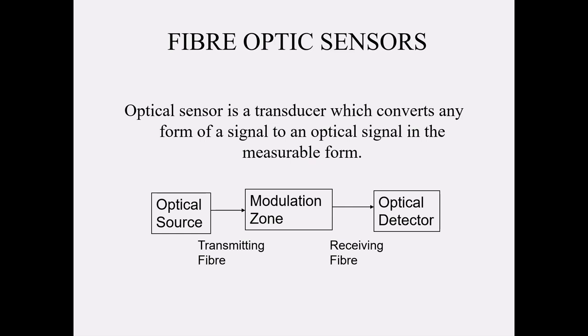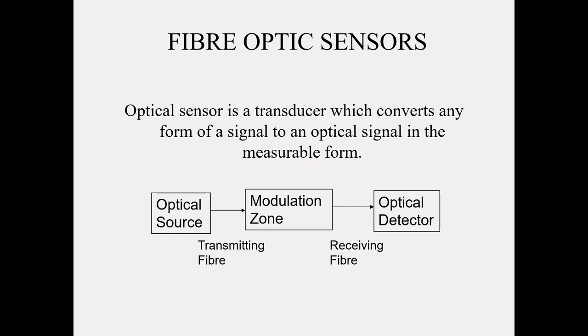With the help of the fiber optic cable, which transmits light from the source to the modulation zone, that is known as the transmitting fiber. The light gets modulated depending on the situations, in the modulation zone. Maybe due to pressure or temperature, the property of the light changes in the modulation zone. After getting modulated, the light will be received through the receiving fiber and then fed into an optical detector